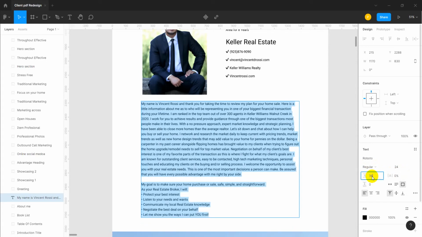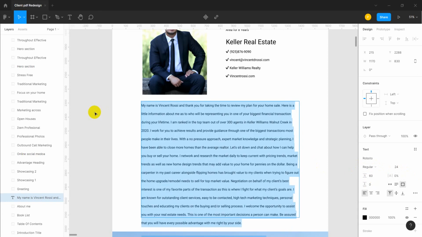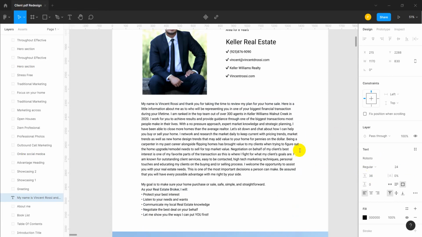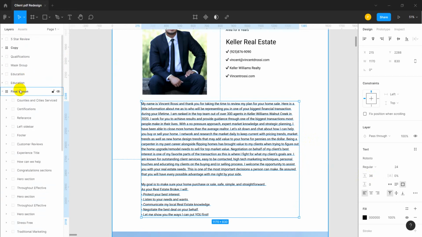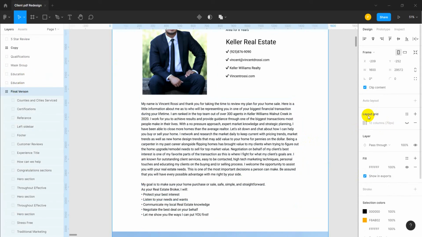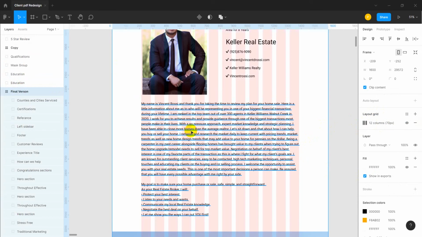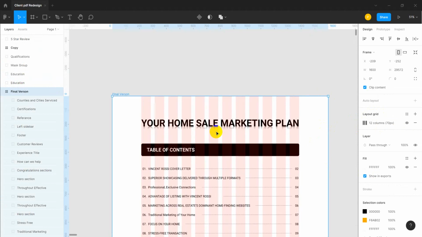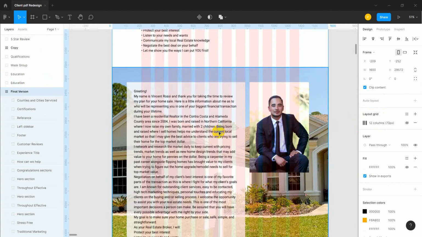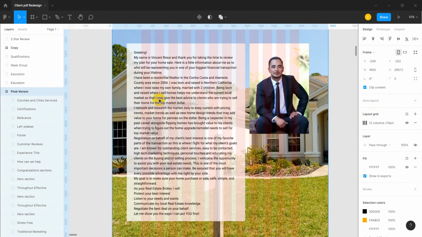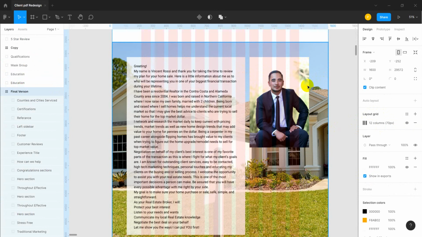And here is the line height. You can increase it. Actually, all things I did with the Bootstrap grid system are similar, so it will be better to put 36 here. And you can see when you click on the final version, here is the layout grid and here is the grid system. Everything I put in the grid system, and this one is outside the grid system because this one is called the hero section and it is not dependent on this grid.